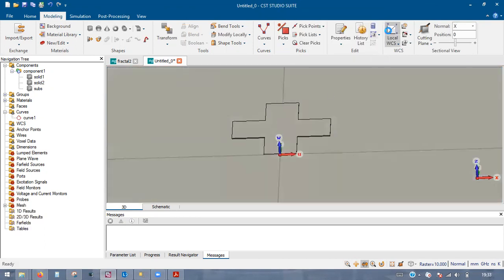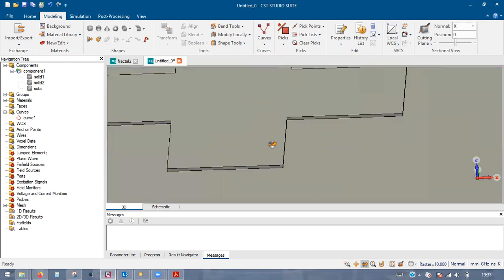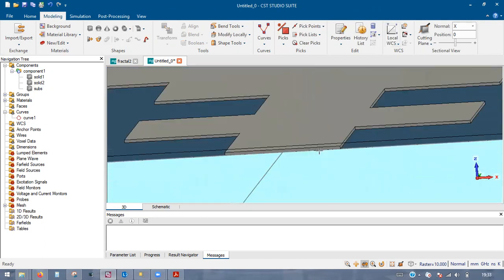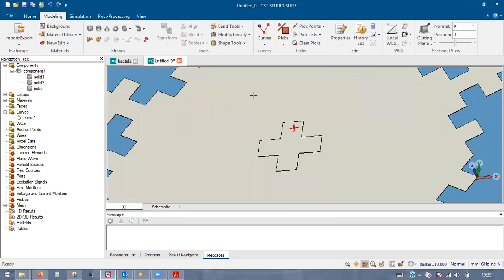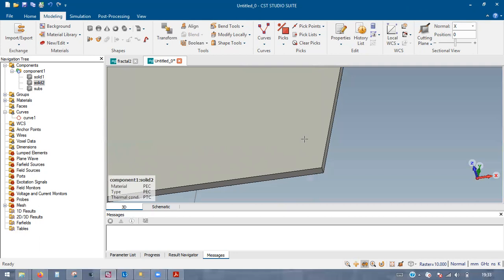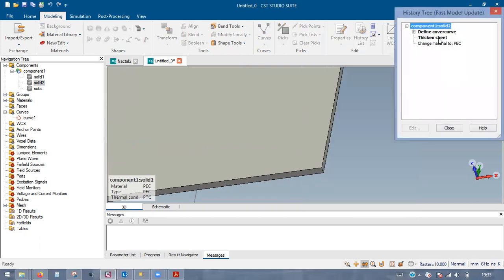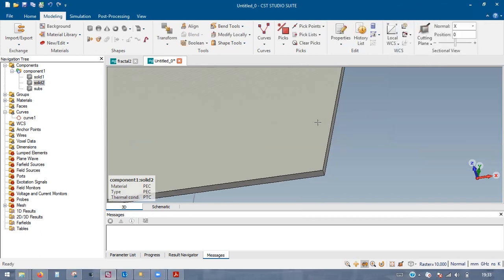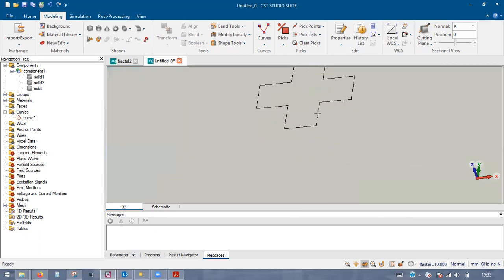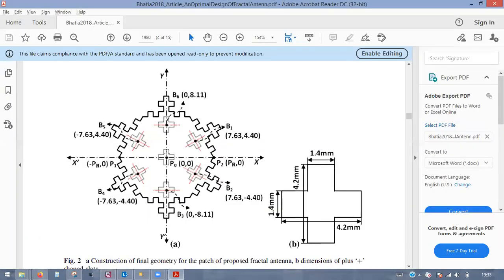As I'm doing it fast, you can slow down the video and check whatever operation we are covering. So yeah, it is going. Okay. As of now, we need to make it in the lower direction, right? So yeah, you can change it here. In place of inside, you can put outside. So yeah, you can see here it went inside. So yeah, this plus is created.